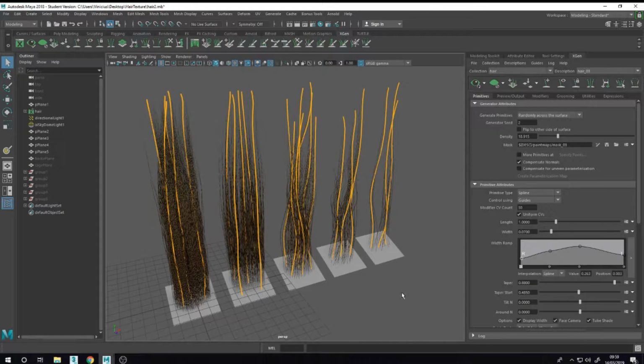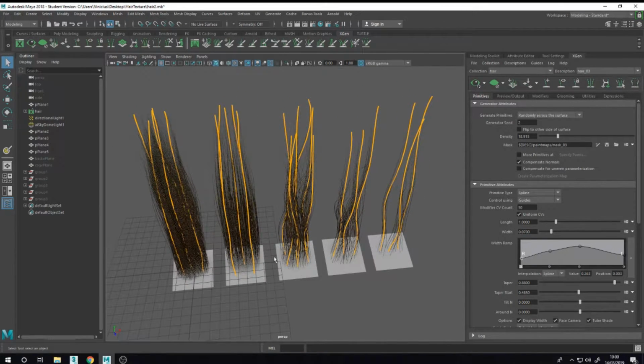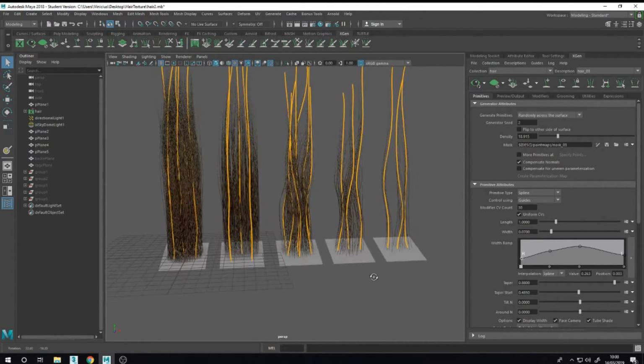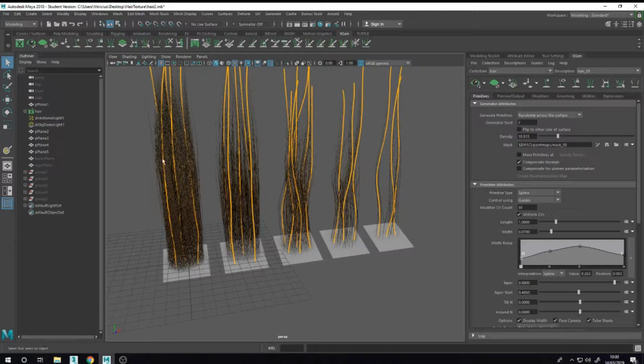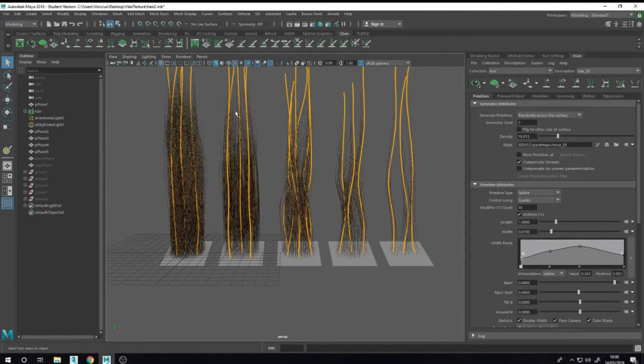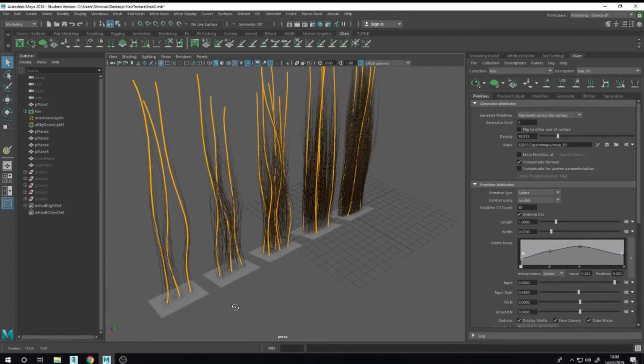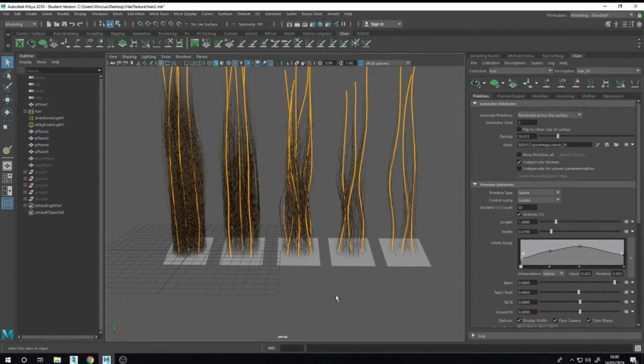You will have to create like 5 planes and put hair. The first one with a lot of hair, then less and less with some curves, to have more variation.